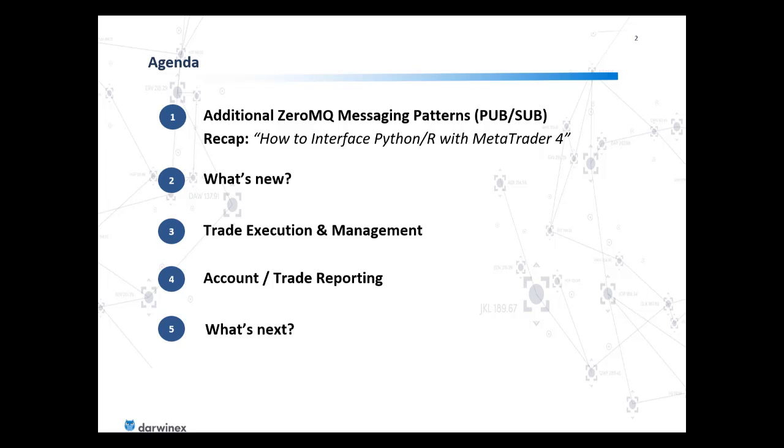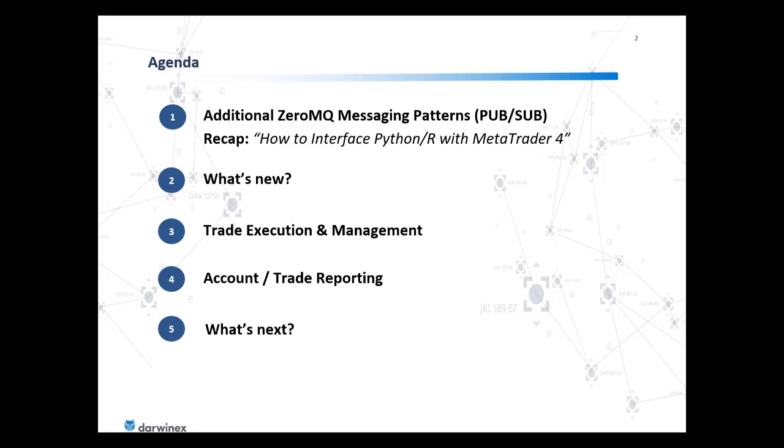What's next? We discussed and I demonstrated a little bit of this, which is market subscription. We'll cover this in a lot more detail next time. We'll see multi-threaded bid-ask retrieval from MetaTrader into your Python environment. We'll also see how to get historical data efficiently from MetaTrader's History Center. That over ZeroMQ is quite challenging depending on the amount of data that you want. So we have a few other options to use there, and we'll cover both. We'll cover the ZeroMQ option. We'll also cover the flat file read option, both of which will be implemented in Python and shown to you